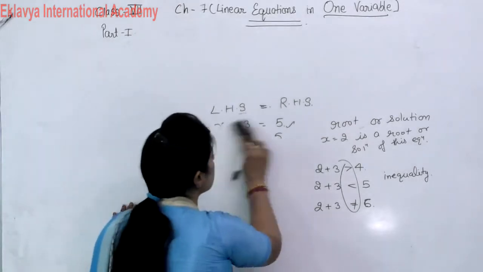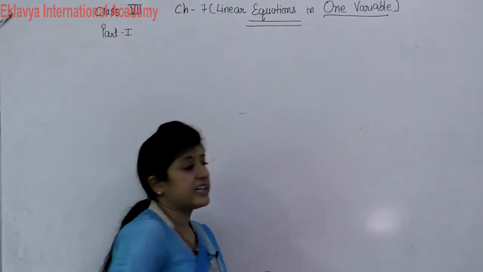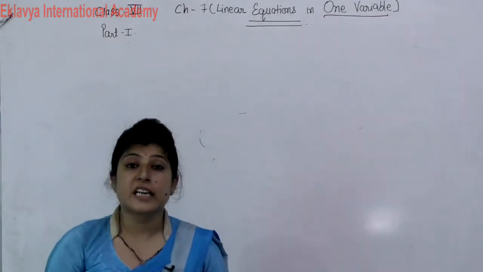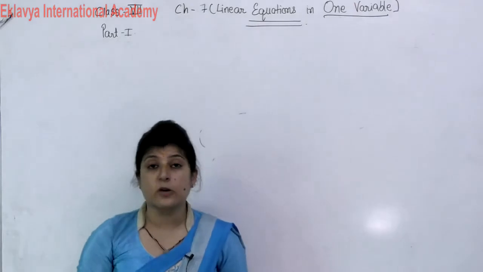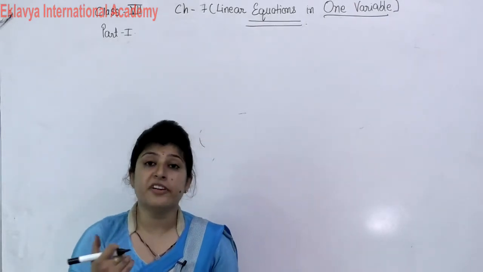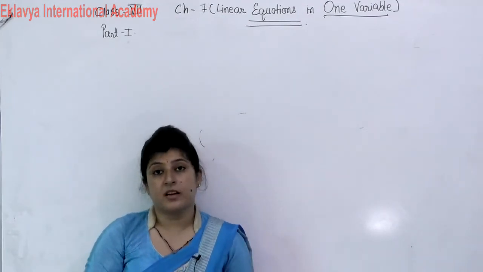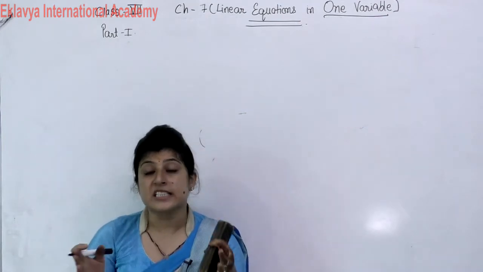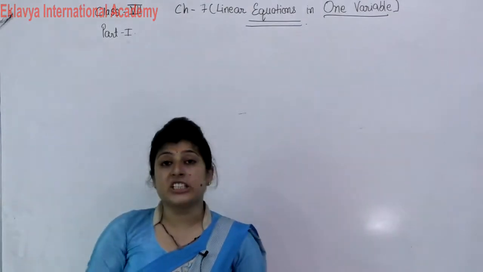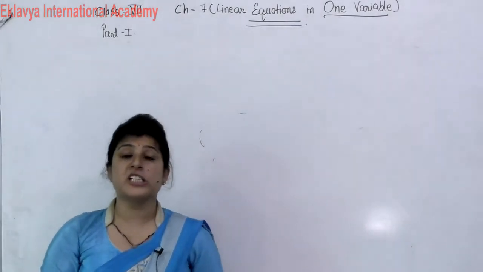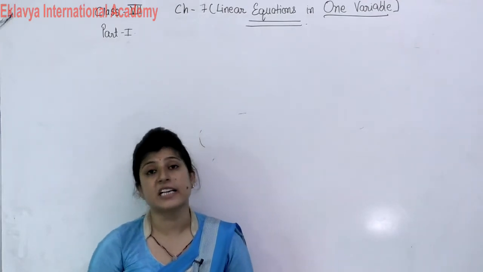Now see the procedure, how to solve an equation, a simple equation. If any simple equation is given to you, how do you solve it? See, for solving the equation, if we add something, then we add to both sides equally. If we subtract something, then we subtract from both sides equally. Multiplication, division, any operation whichever we perform, we will perform on both the LHS and RHS.